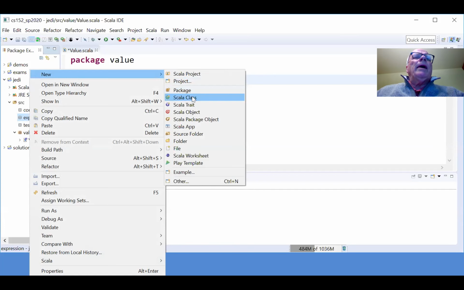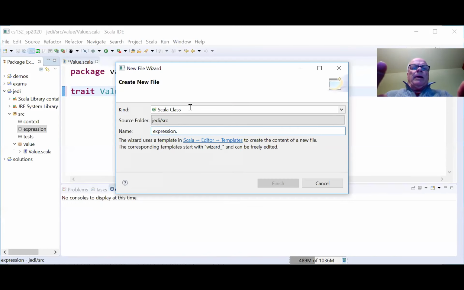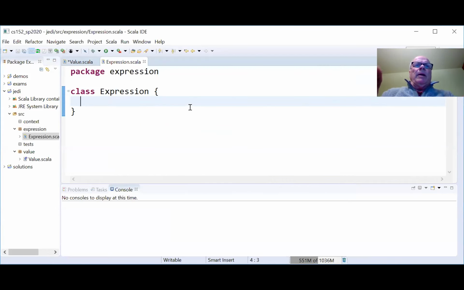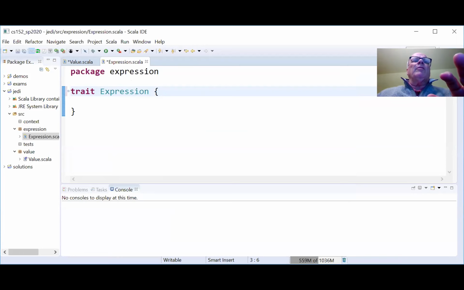And we're going to add to expression a Scala class called expression with an uppercase E. Okay, and oh, you know what? This is supposed to be a trait. Trait there, and that'll be fine.